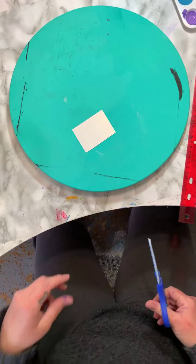This is a nice thick piece of cardstock. You could, like I said, use a piece of paper folded a bunch of times. And then what you're going to want to do is you could use a little bit of tape on the back or just work really, really slowly. Let me bring that back. What I would have done,